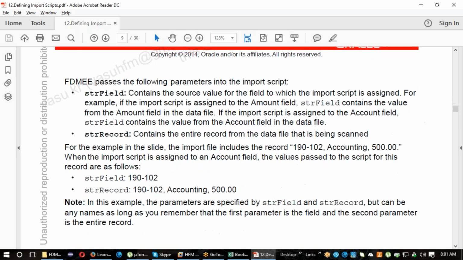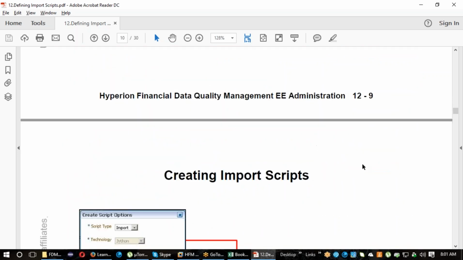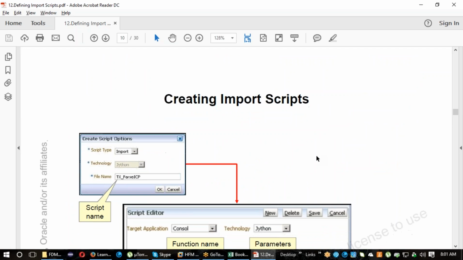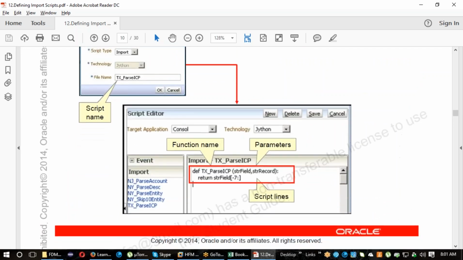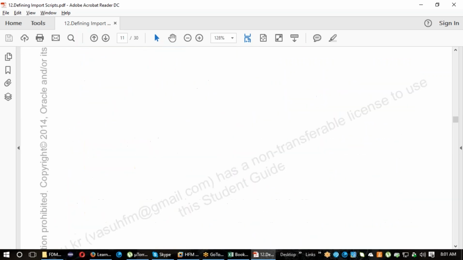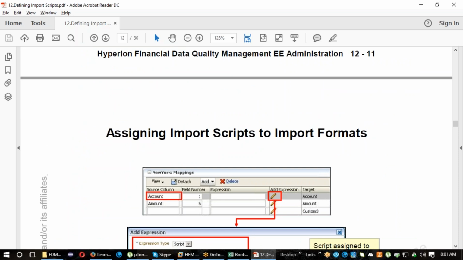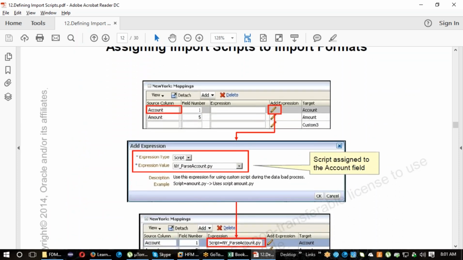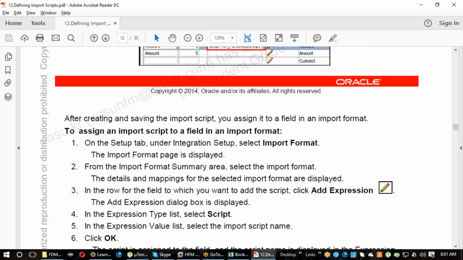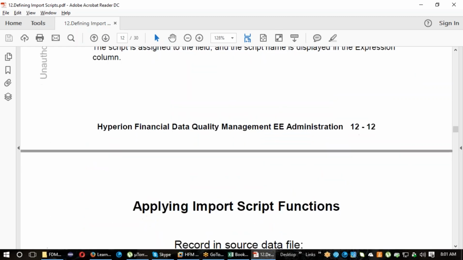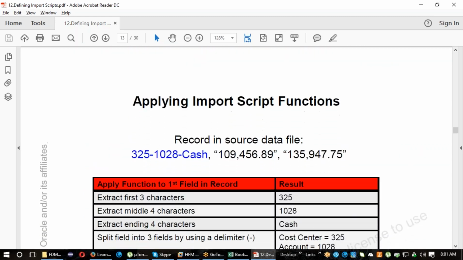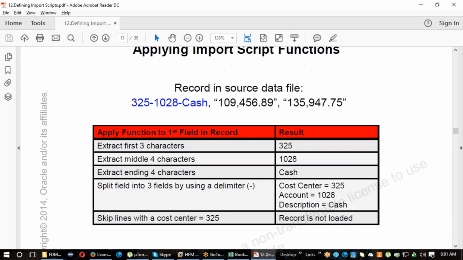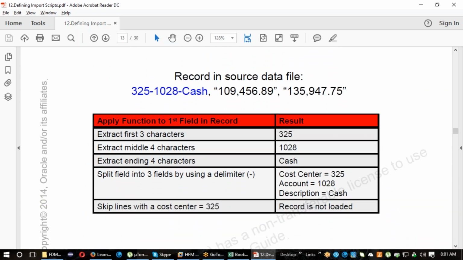String field and string record. Create custom script, we have seen how to create this one. Assigning that import script into import formats. So here we can see some other